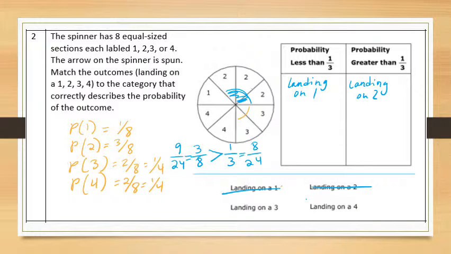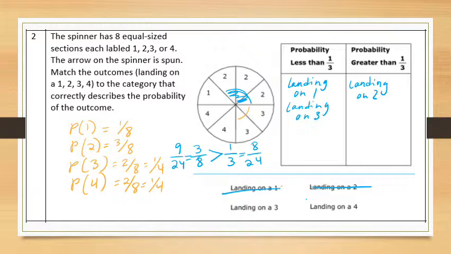What about landing on a 3? Well, landing on a 3 is equal to 2 out of 8, 2/8. You might also notice that 2/8 is 1/4. You might also know that 1/4 is equal to 25%. And you might know, for example, that 1/3 is like 33%. So that's probably a clue for you in terms of thinking about how landing on a 3 is actually less